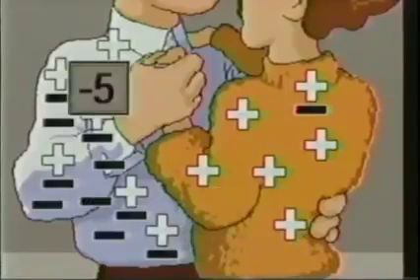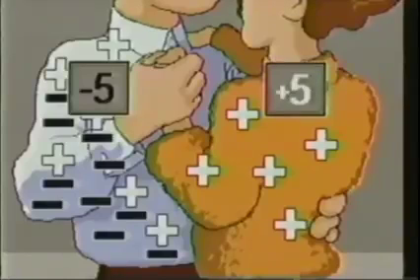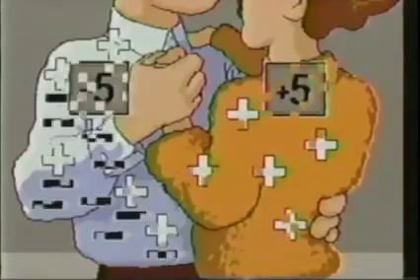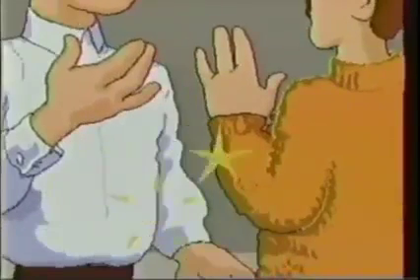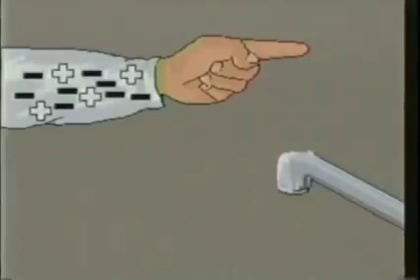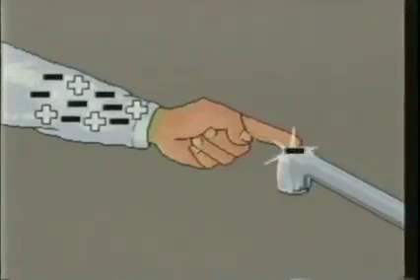The cotton now has an overall negative charge, and the wool an overall positive charge. Their opposite charges account for the static cling when you attempt to separate them. The easiest way to neutralize